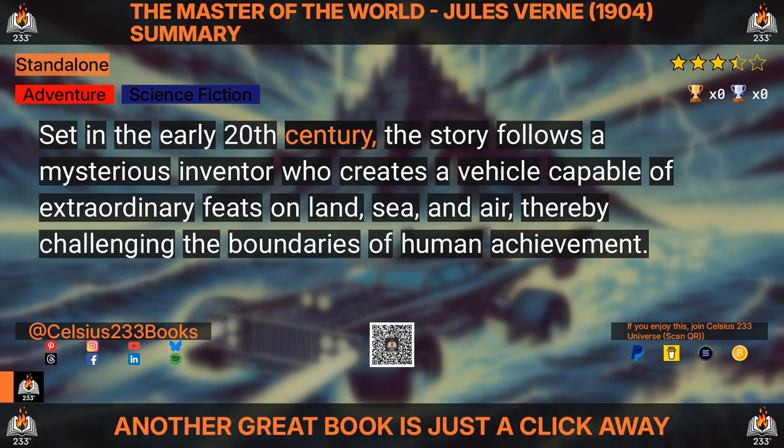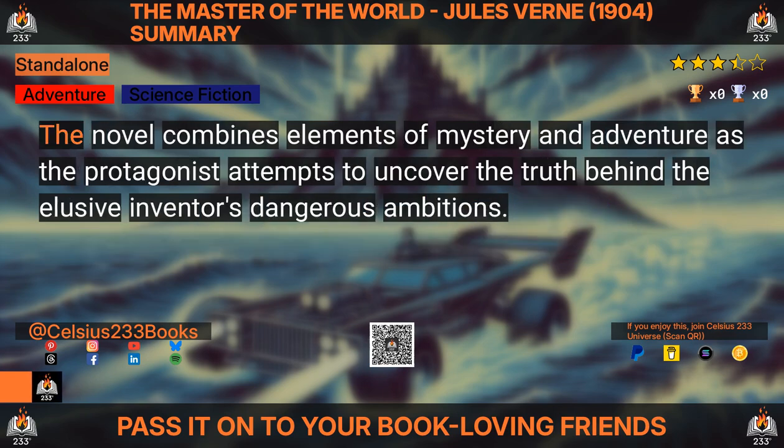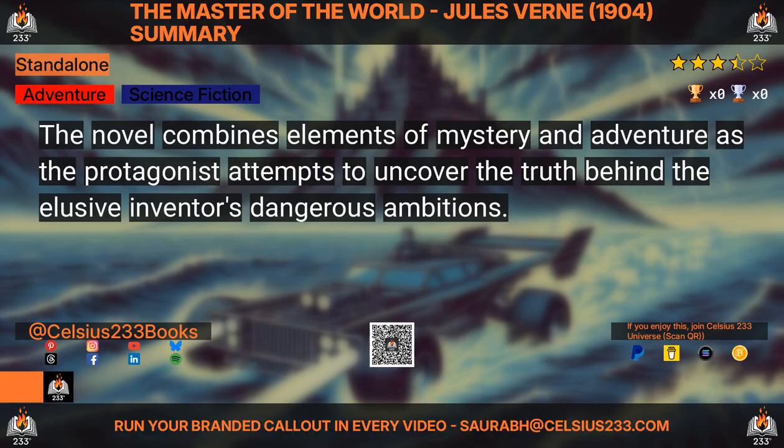Set in the early 20th century, the story follows a mysterious inventor who creates a vehicle capable of extraordinary feats on land, sea, and air, thereby challenging the boundaries of human achievement. The novel combines elements of mystery and adventure as the protagonist attempts to uncover the truth behind the elusive inventor's